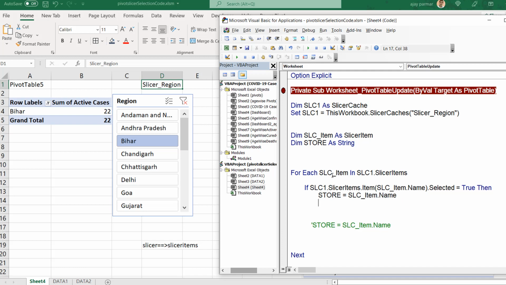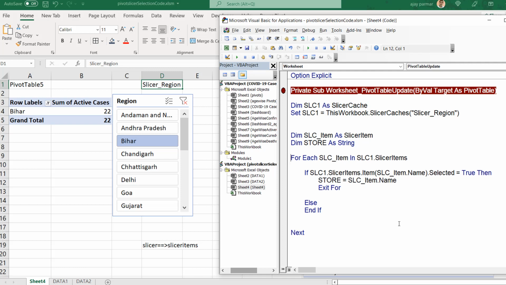And after capturing the name, I don't want to waste my time, right? We will immediately exit from the loop. Otherwise your loop will keep moving further until it finds the right answer, what is exactly selected. So this is the first collection loop, and through this we are capturing what you have selected here, because